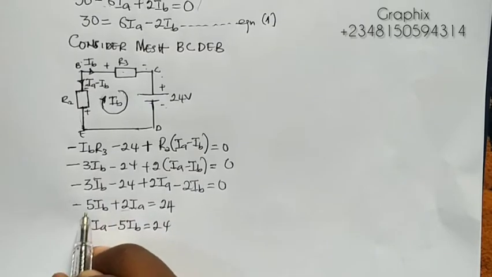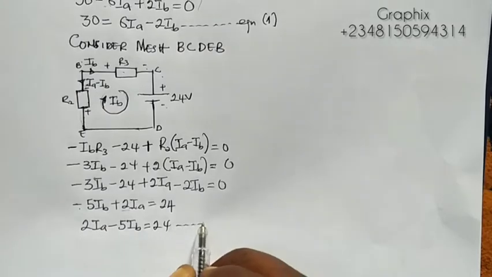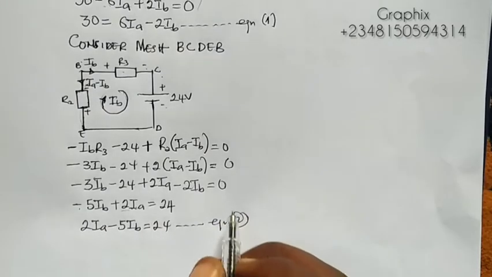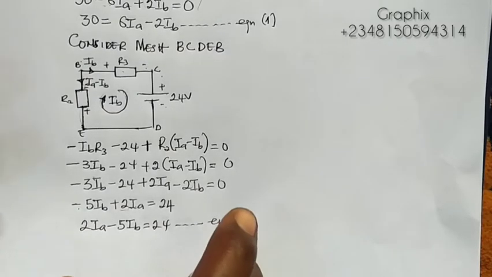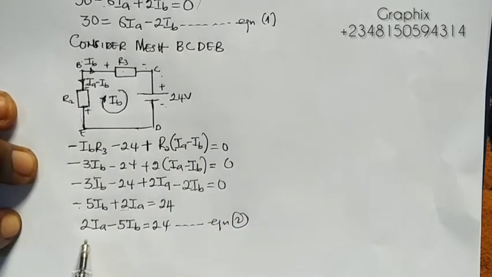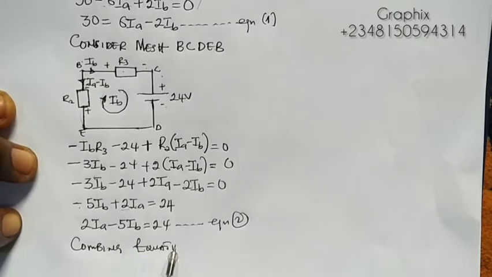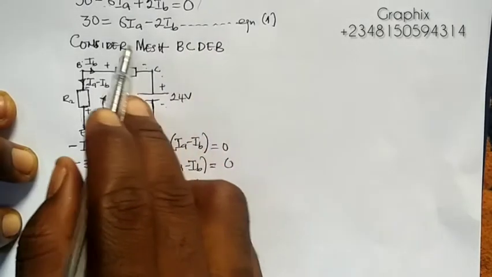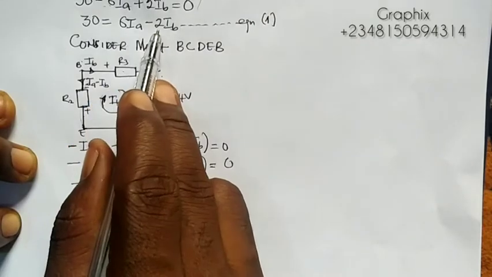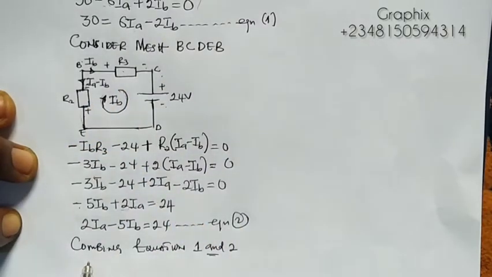I'll only just move it anywhere, and minus will follow it. So this is my equation 2. Now, combining equations 1 and 2, I'll be having my equation 1 as 6IA minus 2IB